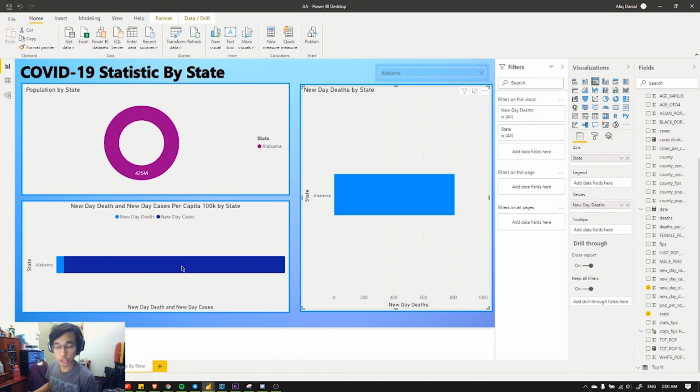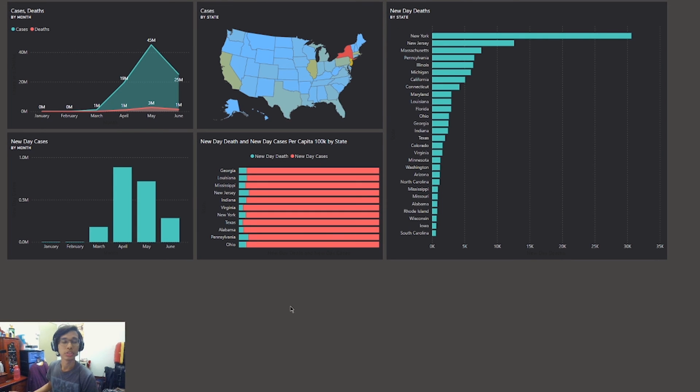Moving on to our dashboard. Here's our dashboard. After we publish our reports to the Power BI service, we can pin the charts that we want to use for our dashboard. Here I named my dashboard